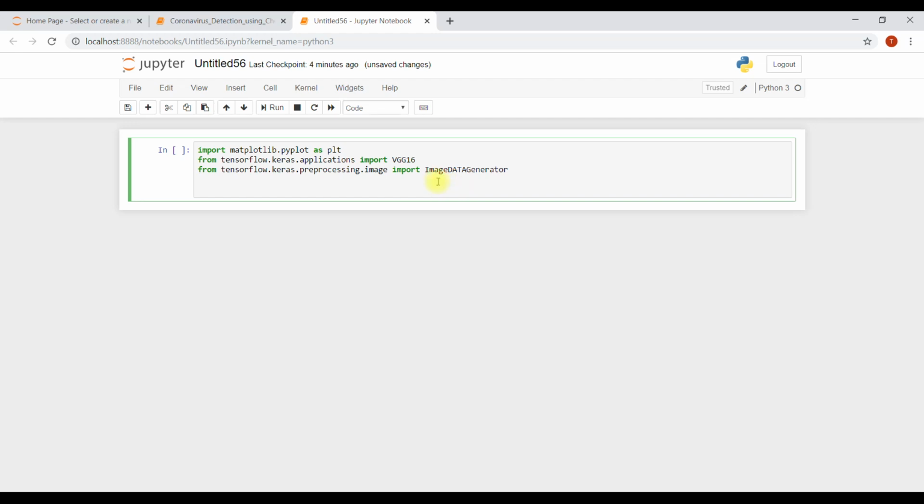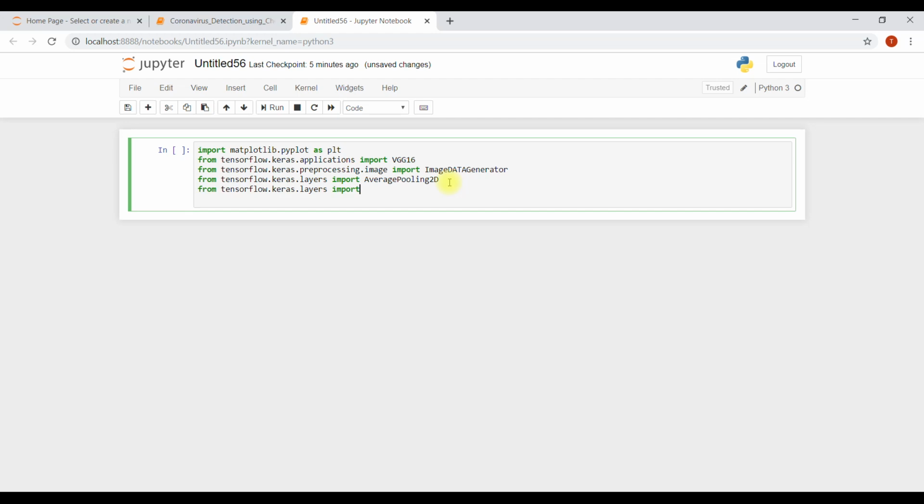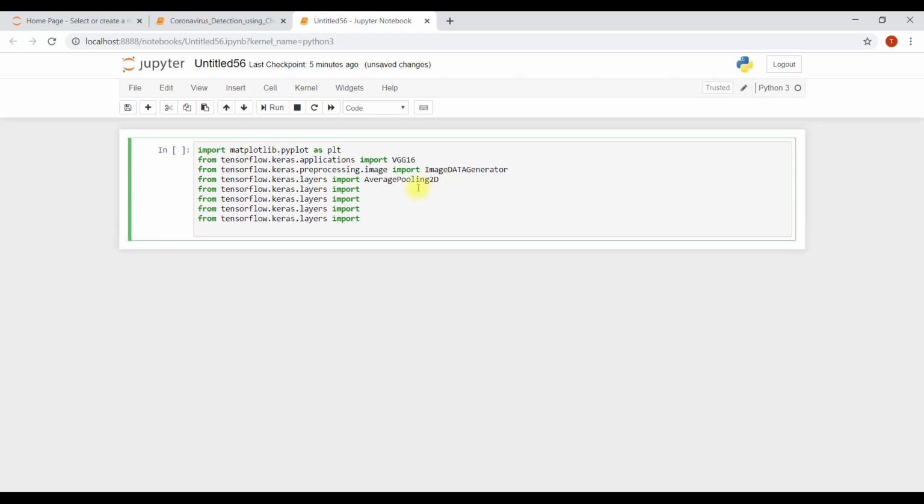Now some of the layers from tensorflow.keras.layers, we're going to import AveragePooling2D, then Dropout. Let's see if we're going to use dropout or not.